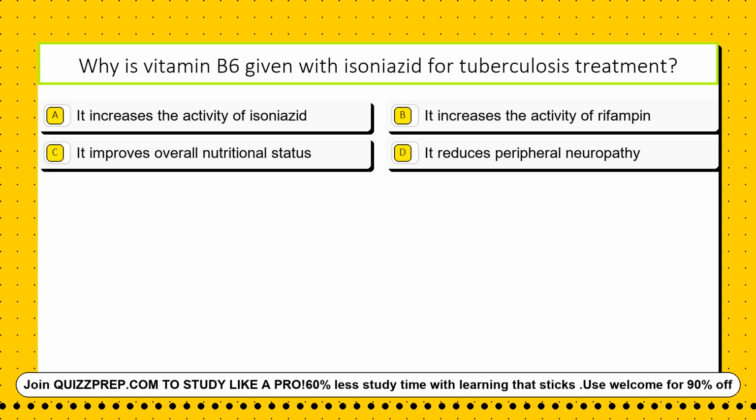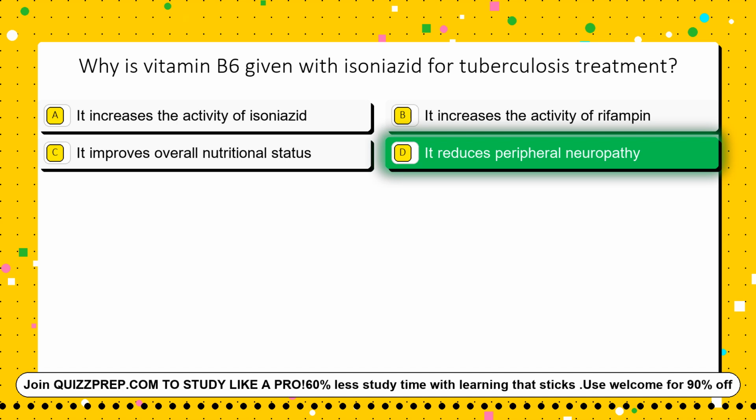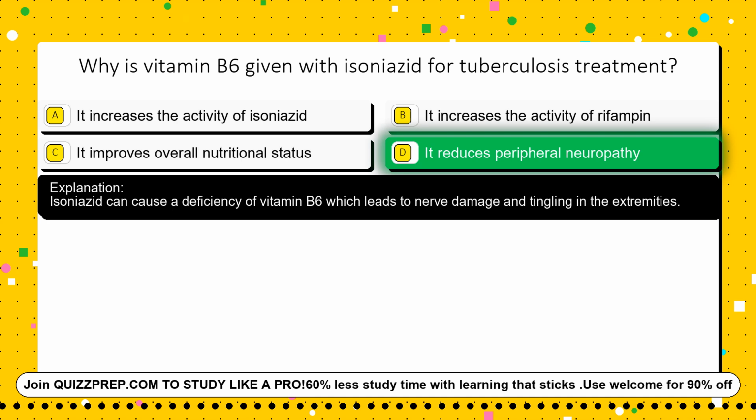Option A. It increases the activity of isoniazid. Option B. It increases the activity of rifampin. Option C. It improves overall nutritional status. Option D. It reduces peripheral neuropathy. The correct answer is option D. It reduces peripheral neuropathy. Isoniazid can cause a deficiency of vitamin B6, which leads to nerve damage and tingling in